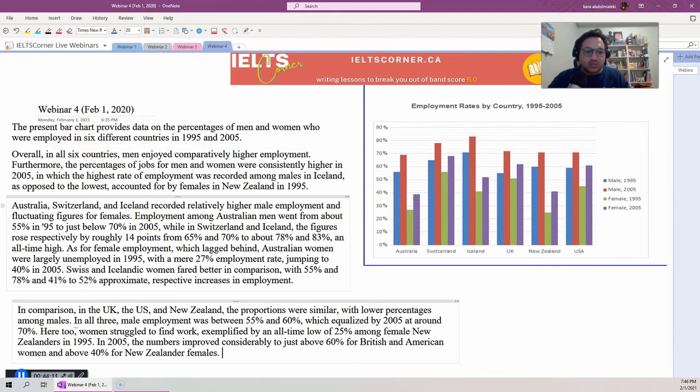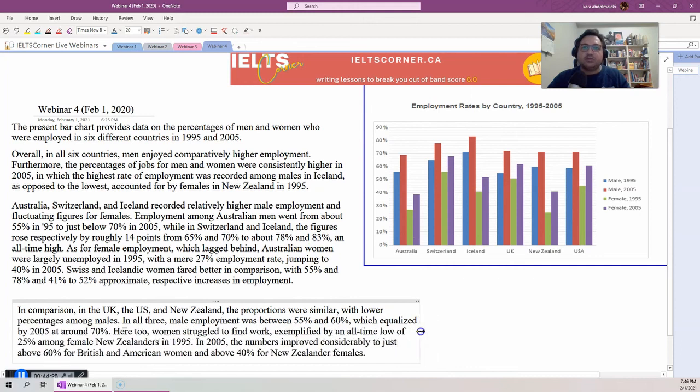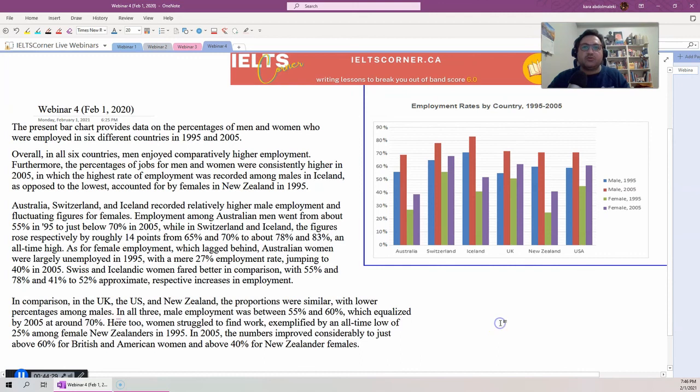So this is about 250 words, right? Which is not bad. So minimum for task 1 is 150, and we capped it at 250. We reported most of the numbers. We have a good overall. So I would probably say this can easily get above 8, maybe even 9. It's close to getting a 9, right?